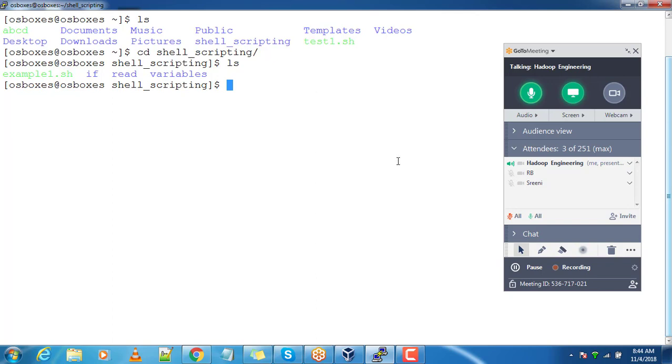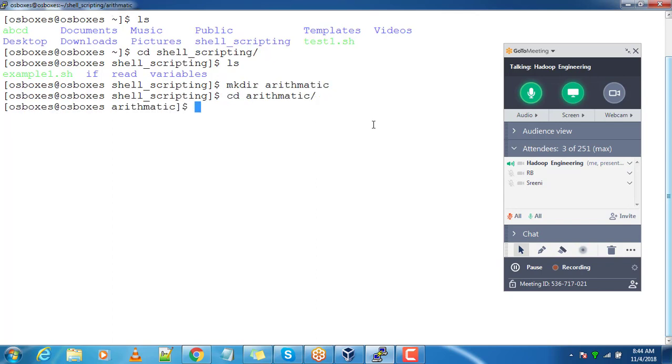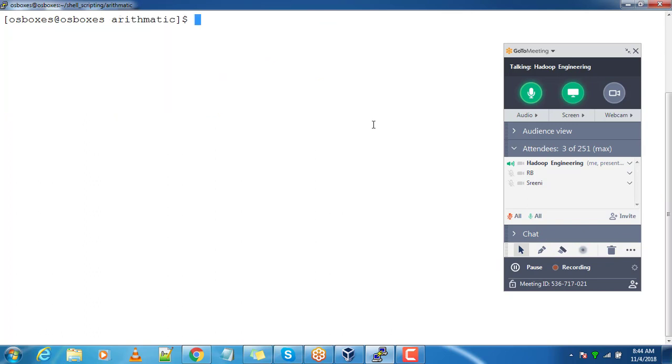Okay, so now let's get started. We'll see how we will do arithmetic operations. Mainly you can use a command like expr. If you want to do some arithmetic calculation, expr is the command that you can use. So expr, then 1 plus 2 or whatever. This command will return